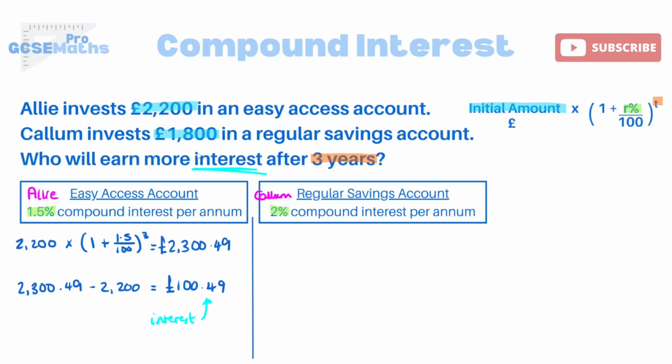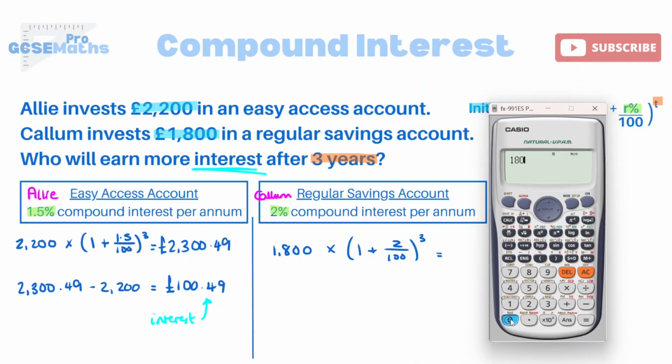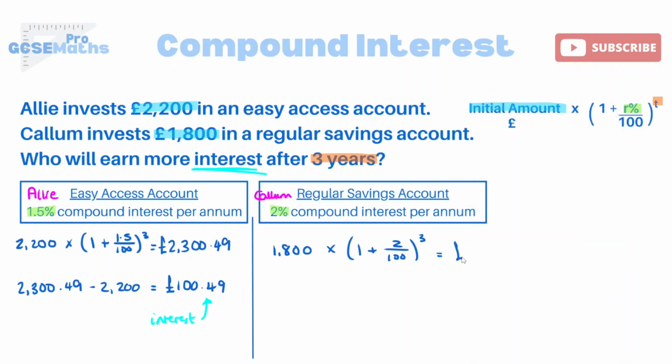Now we're going to do exactly the same thing, but obviously remember, he's got different numbers. So his initial amount is 1,800 times by 1 plus his percentage is 2, so 2 over 100, and still for 3 years. So we bring the calculator back, we type in Callum's version. We get £1,910.17. Okay, again we want to compare for the interest, so I'm going to take the value of his account after 3 years, which is the 1,900 number, minus the initial amount, which was 1,800,